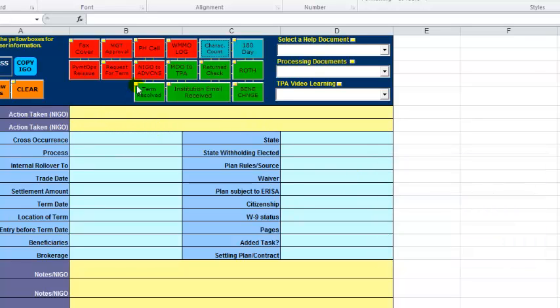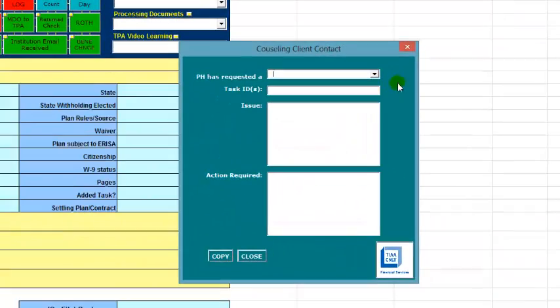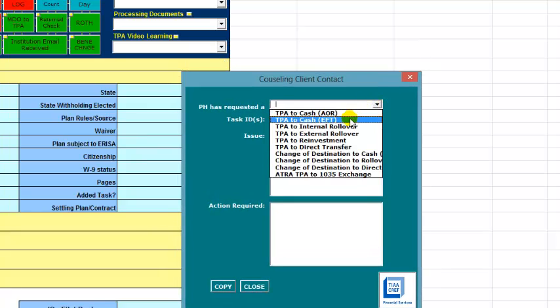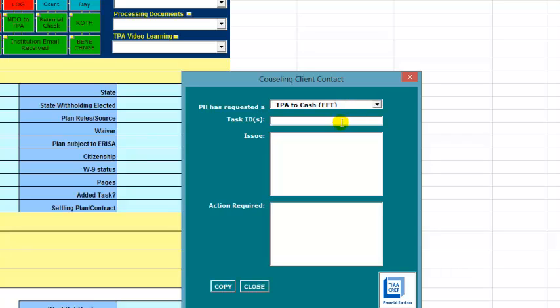What else? Let's do NIGO request, client contact to counseling client contact. Hey, I even named it. And this is one I just made up because I got tired of figuring out what to say, so I just did this. It's what the participant wants, what the task ID is,